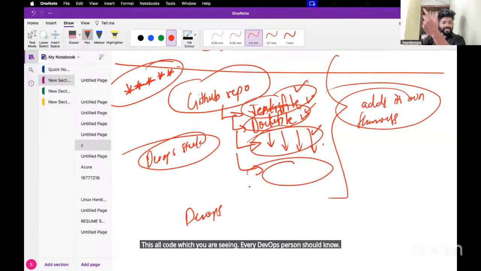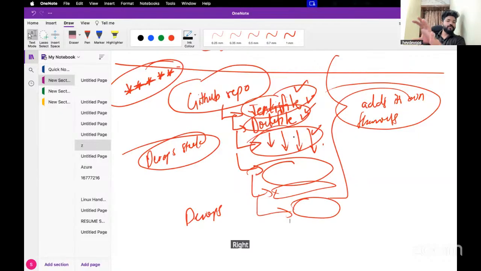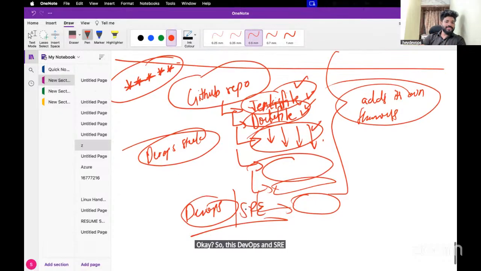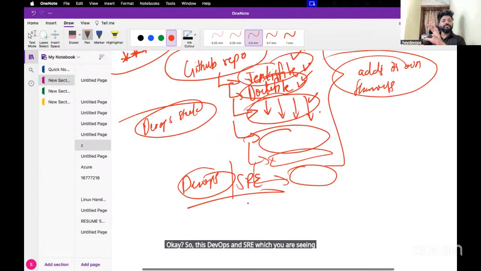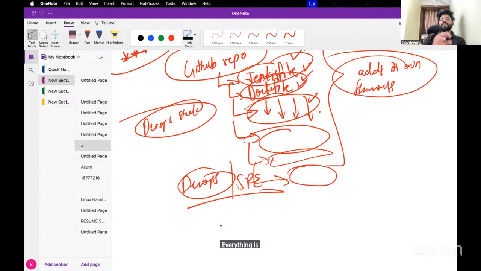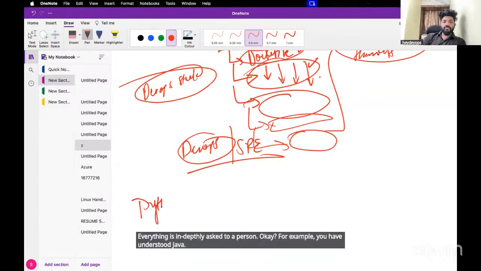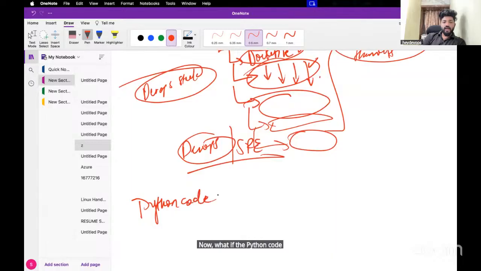Also, there are many files which you have to know, right? And many, many scenarios also which you have to know. So this DevOps and SRE, which you are seeing, is very, very vast. And whatever tools you have seen in the week 1 session, everything is asked in depth to a person. For example, you have understood Java. Now, what if the Python code is there? How are you converting it